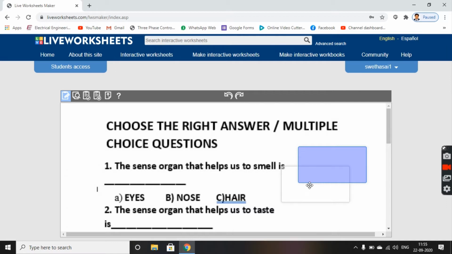Now you can left click and drag, so that you can place it anywhere, and you get a double-headed arrow when you move your mouse pointer across the outline of the text box. You can use this to resize your text box in this way. You can make it smaller and bigger like this.